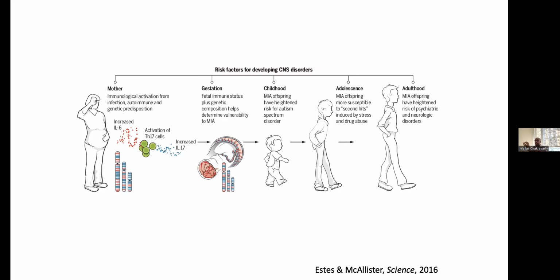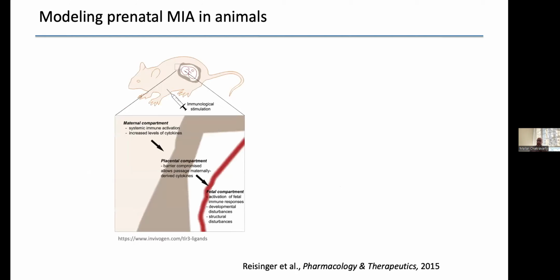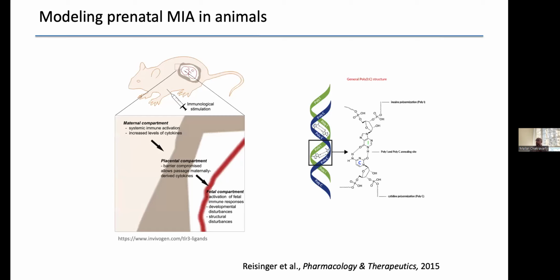and try to stitch together a lifespan of what inflammation might look like, or the response to inflammation might be. So what we've been doing is modeling prenatal maternal immune activation in mice. And we do this using poly-IC, which is a double-stranded analog of RNA. And when injected in the mouse, it creates this pro-inflammatory response. So there's an elevation in pro-inflammatory cytokines.